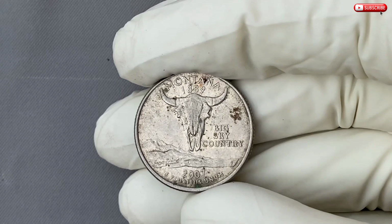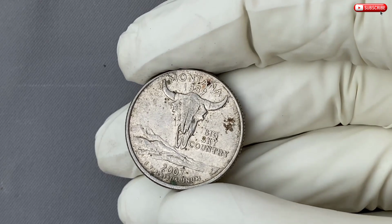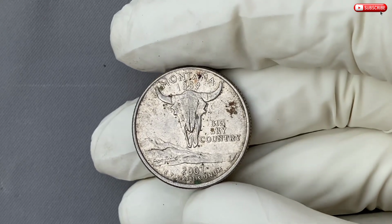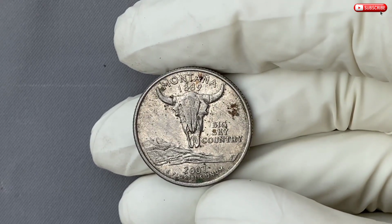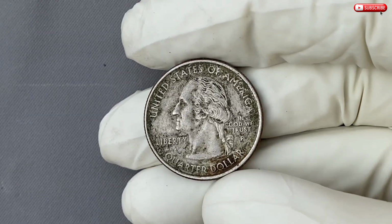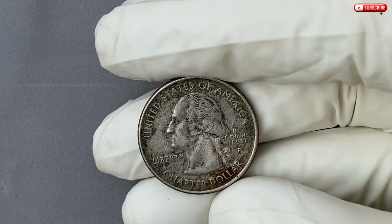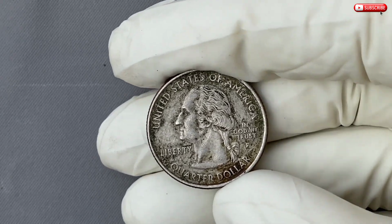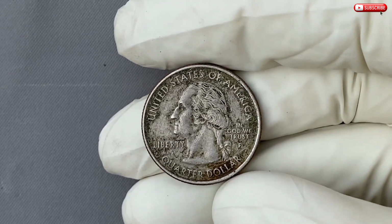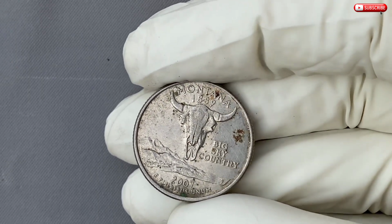Above the bison and mountains, you'll find the inscription Montana in bold letters, with the year the state was admitted into the Union, 1889, just below. The design also includes the state's official motto, Oro y Plata, which means gold and silver in Spanish. This motto is a reference to Montana's rich mining history, particularly during the gold rush of the mid-1800s, when the state attracted countless miners hoping to strike it rich. The overall design is a tribute to the rugged and untamed spirit of Montana, its wildlife, and the role it